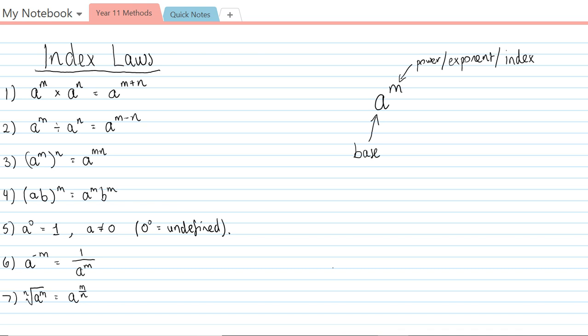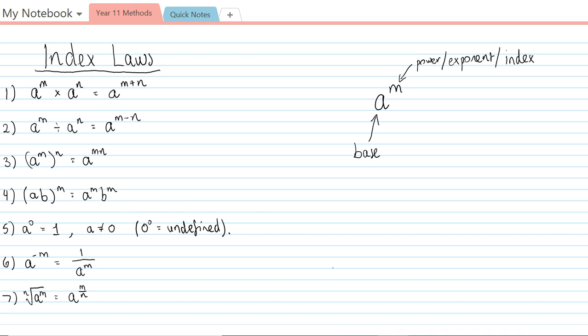The fifth index law is a to the power of 0 equals 1, where a is not equal to 0. This is because 0 to the power of 0 is undefined, but any other number it works for. The sixth index law, a to the power of negative m equals 1 over a to the power of m. So this is a really handy one because it enables us to change from a negative index to a positive index. And the seventh index law, the nth root of a to the m is equal to a to the